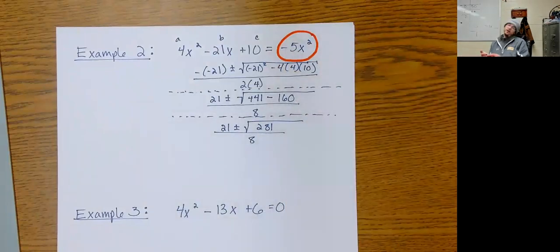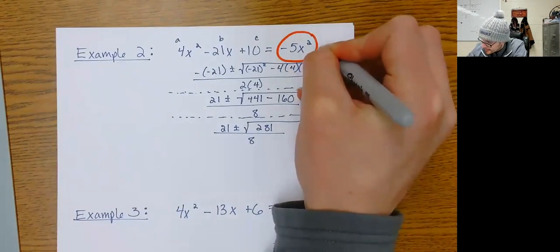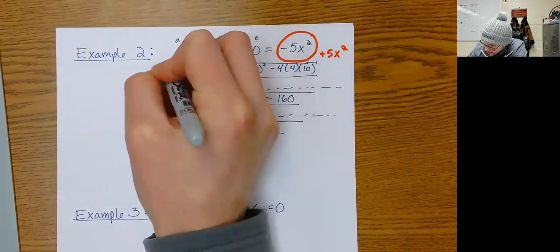Is this problem set equal to 0? No, it's not. You cannot start solving a problem until it is set equal to 0. You cannot use the quadratic formula unless it is set equal to 0. Okay, so to solve this mishap, I am going to add 5x squared to both sides